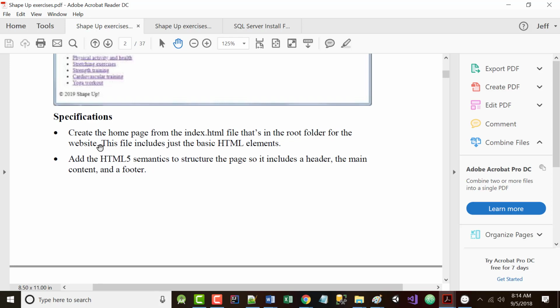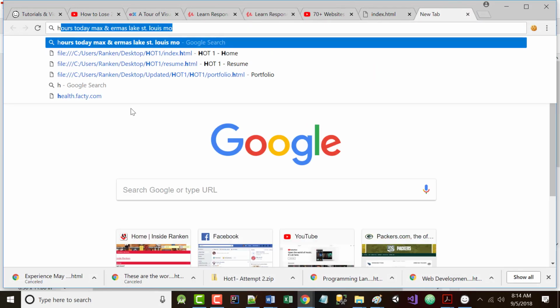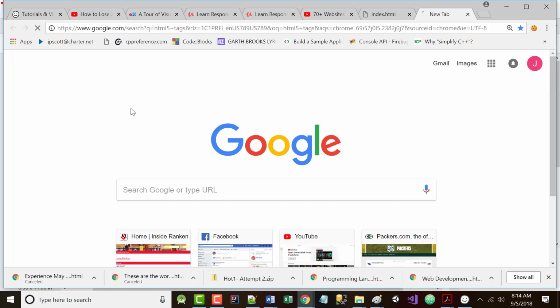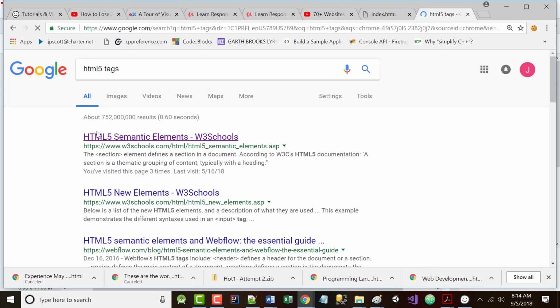So create the home page from the index.html file that's in the root folder. Guess what? You already have that. Now add the HTML5 semantics to structure the page so that it includes a header, main content, and a footer. I think I mentioned this to you before, but I really don't remember. So if I search for HTML5 semantic elements under W3Schools,